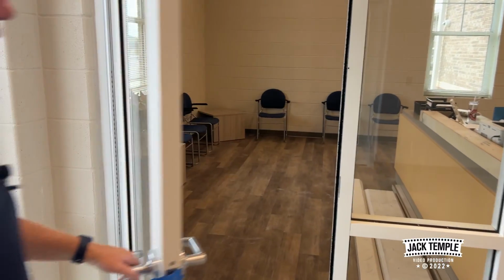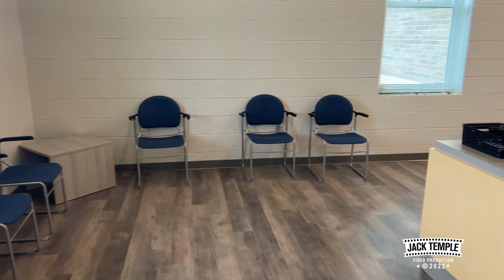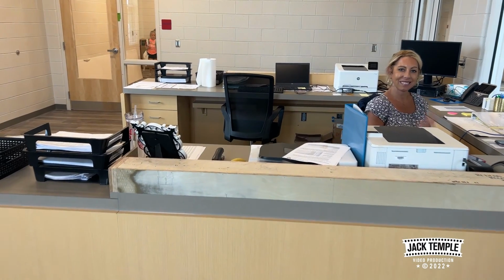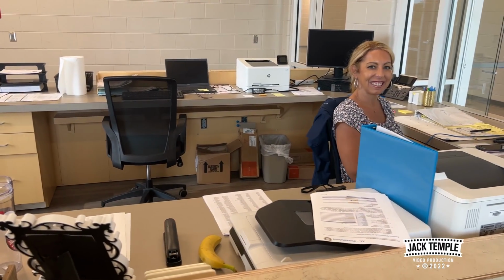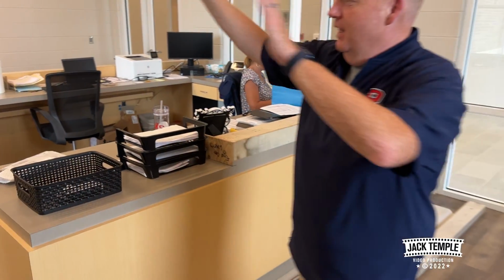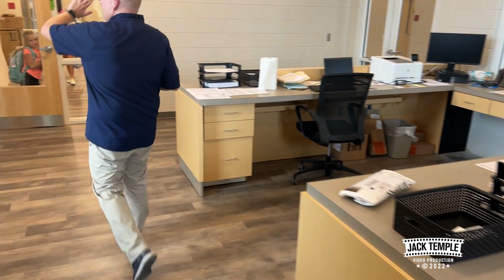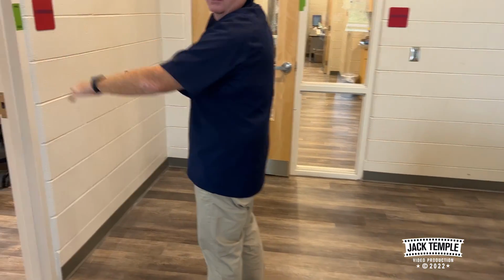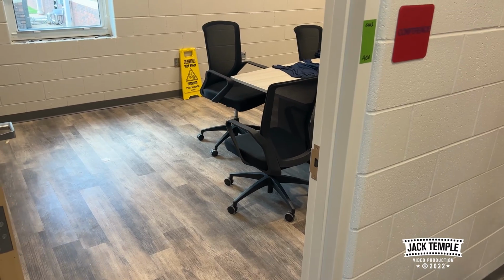All right. So we go there, and this is the main office area. Miss Hicks sitting here, she's the secretary, so she'll be the first face. That's the first person you're going to see. That's right, face of the school right there. So we have a suite area all the way back. Admin offices are down the hallway here to the left. Here's another conference room here off to your left. There's still some work going on, so. Okay. And we can walk through